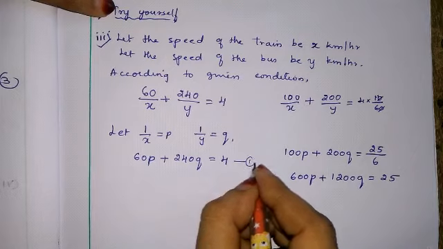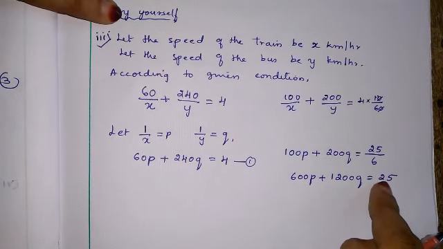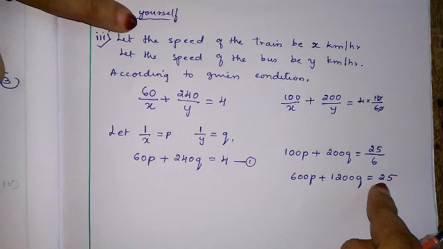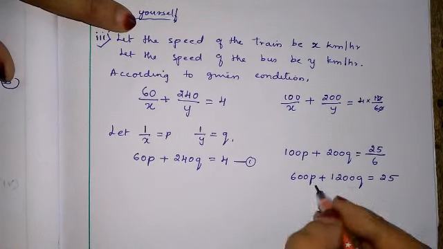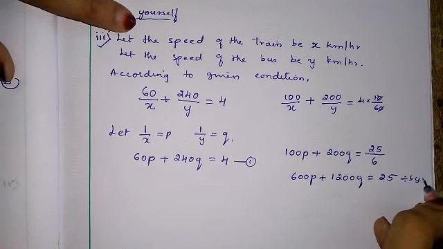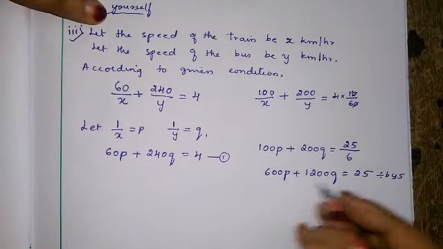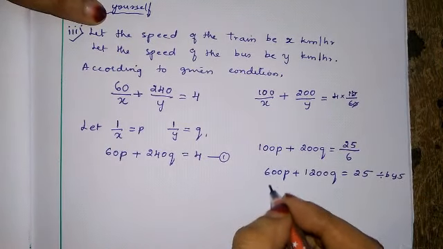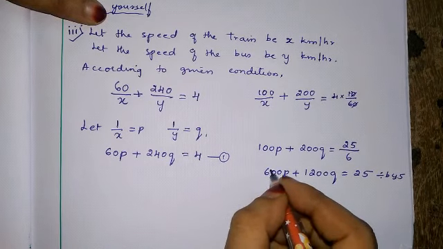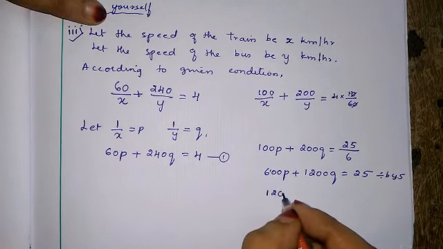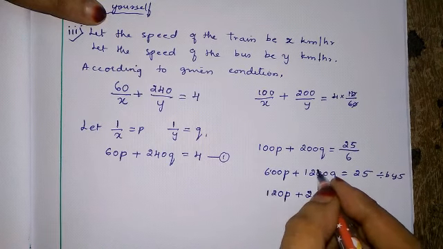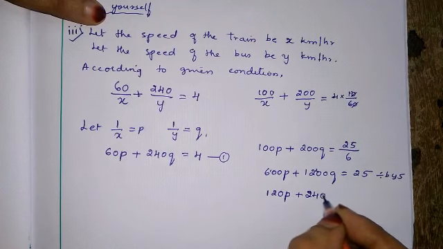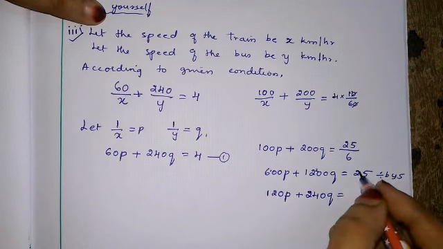Now this equation 1 we will keep. This equation we can divide by 25 or 5. Let us divide by 5 and see, because we know it is divisible. 5 1s are 5, 1 remains. 5 2s are 10, 0 as it is, p, plus 5 2s are 10, 2 remains. 5 4s are 20, 0 as it is, is equal to 5 5s are 25.